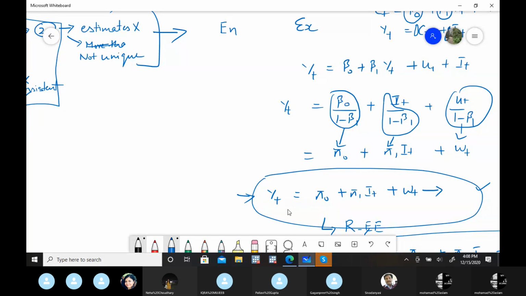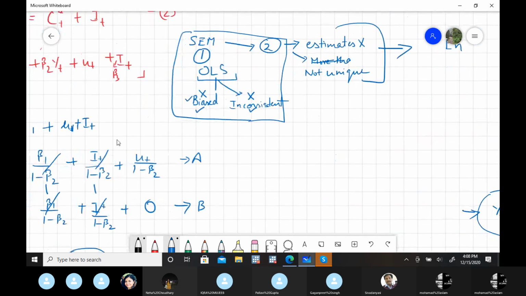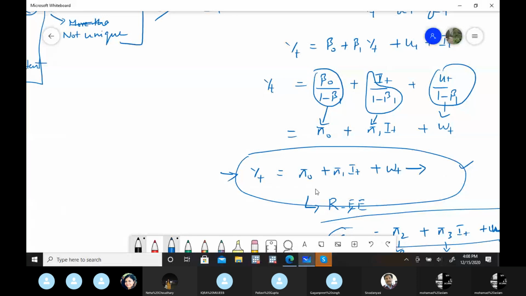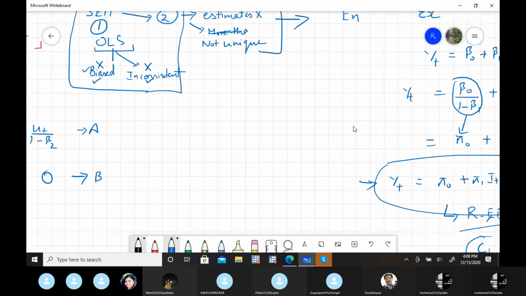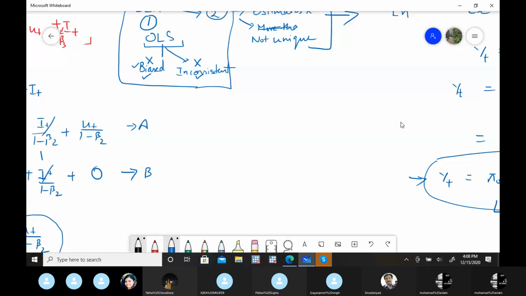So what will be the advantage if I run regression in OLS method in this particular case and estimate for these two values, not these betas? Is there any benefit of making them into a reduced form of equations? Anyone? आंसर यहाँ लिखा हुआ है. आंसर इज ऑलरेडी है.